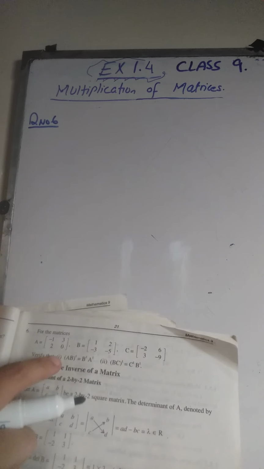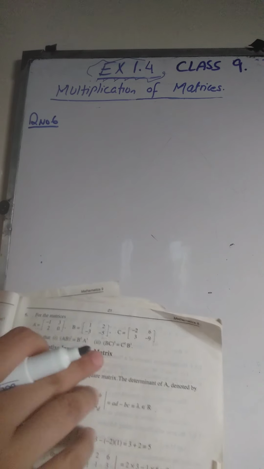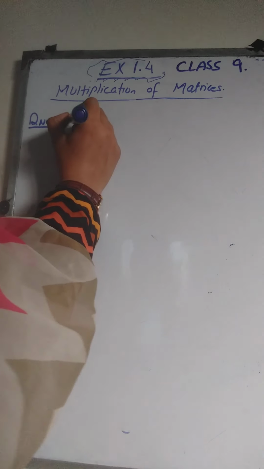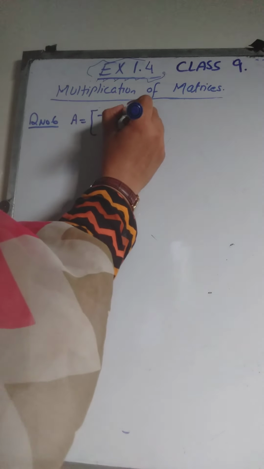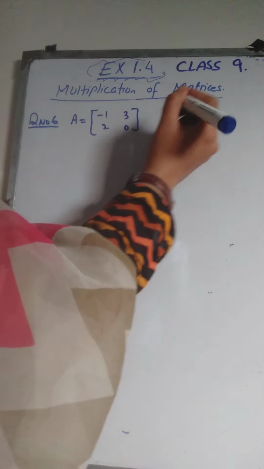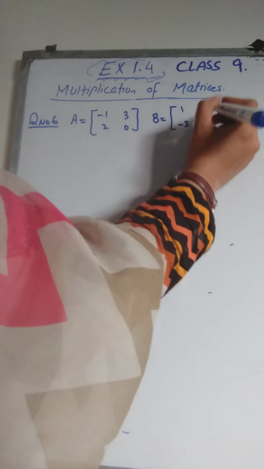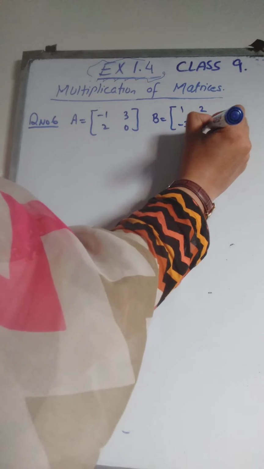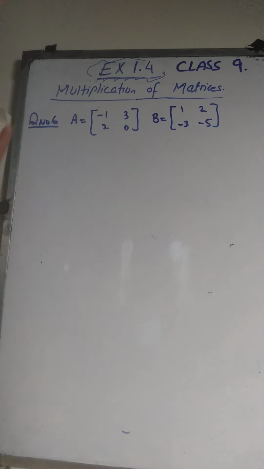So I will do the first part for you. The same is the case with the second part. You are going to follow the same method as the method of part 1. So writing the matrices, A is -1, 2, 3, 0. B matrix is 1, -3, 2 and -5. As we are going to use these 2 matrices, there is no need to write the C matrix for this part.